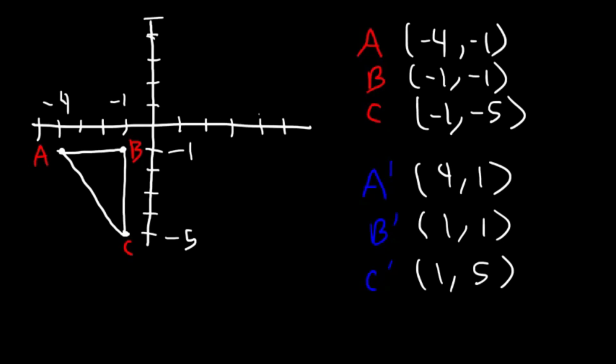So A is at 4, 1. B is at 1, 1. C is at 1, 5. So this is the new point for A. This is B, and that's the new point for C. So that's how you can reflect an image over the origin if you have all the coordinates of the original